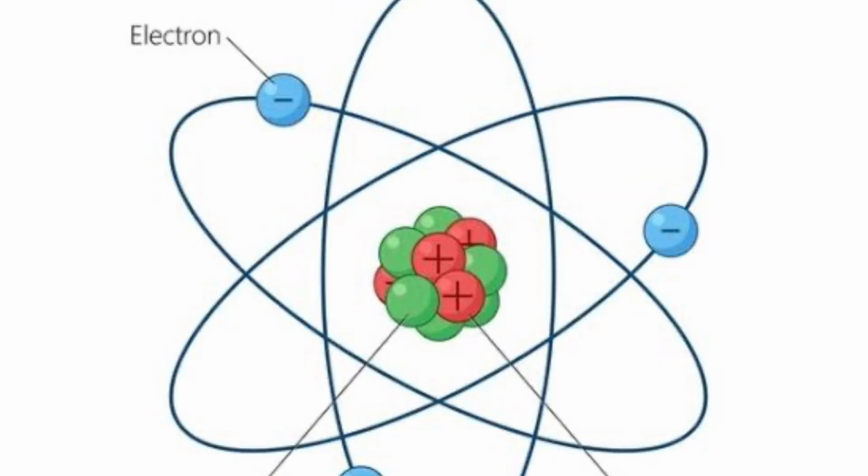You already know that an atom has electrons, protons and neutrons. You can see here in the image, electrons are revolving around the nucleus. The electron was discovered by J.J. Thomson. Next we will talk about protons and neutrons. You can see protons and neutrons are present inside the nucleus.